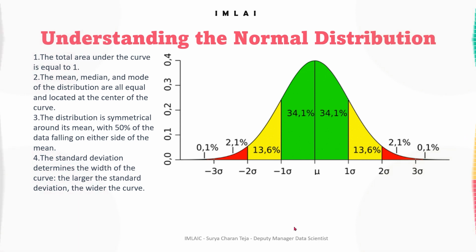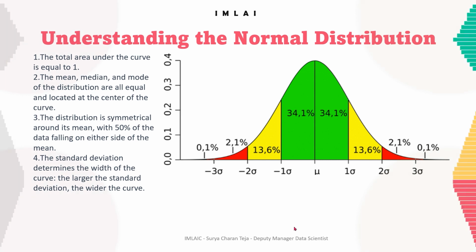Pierre Simon Laplace studied the properties of the sum of a large number of independent random variables. They observed that in many cases the distribution of the sum appeared to be bell shaped and symmetrical. This led Laplace to propose a mathematical formula for this distribution, which became known as the normal distribution.